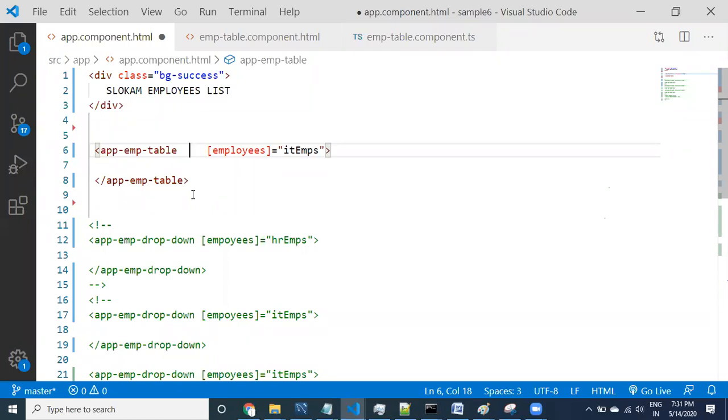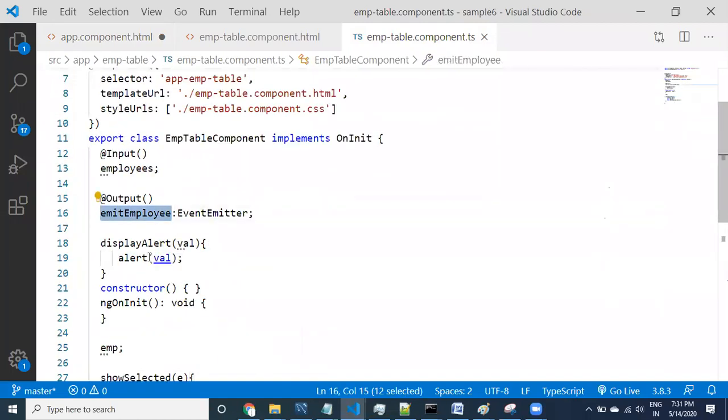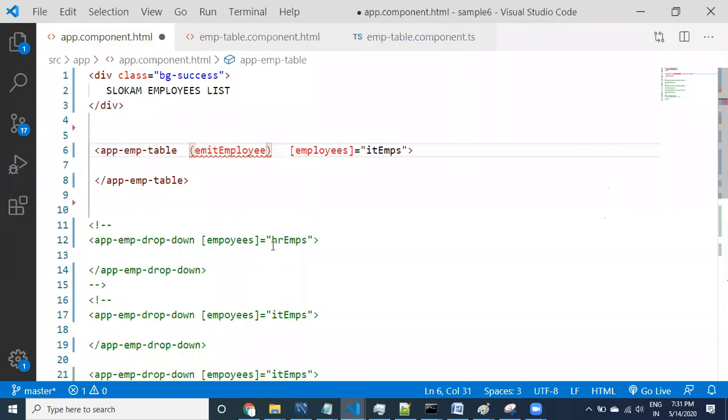Emitter is nothing but an action, an emission, something is doing an action. That is an event, and we need to apply the event. If you go to the employee table, what is the event name? This is the event name, emit employee, the property name. We can call it an event.